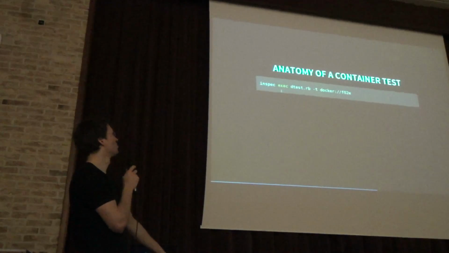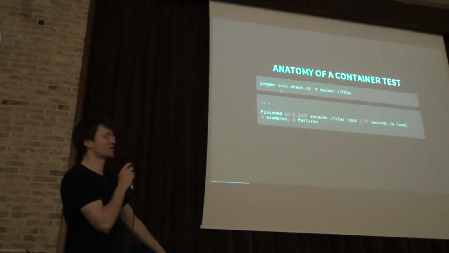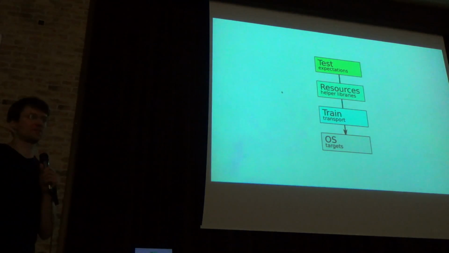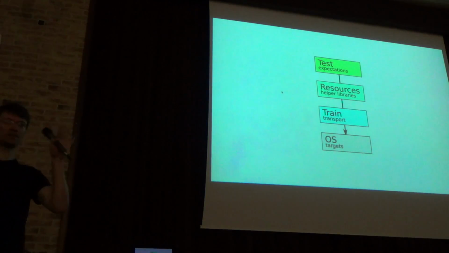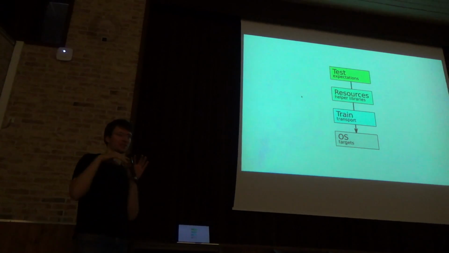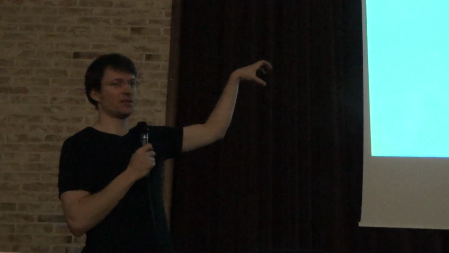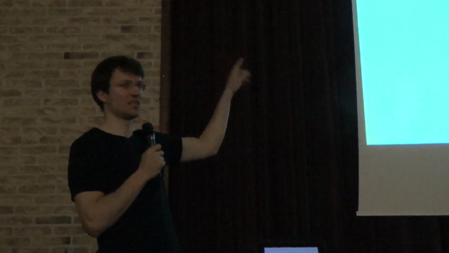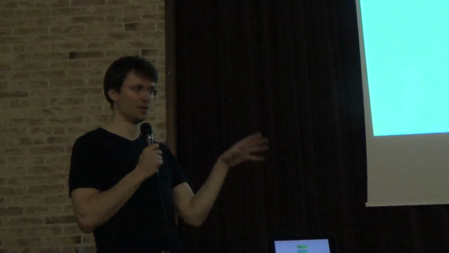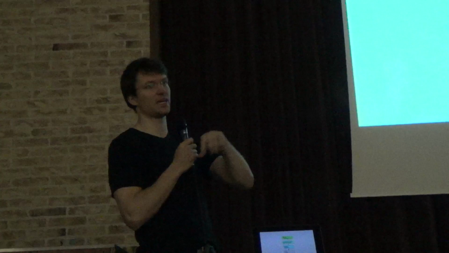This is how I'd execute that. Once I've written that, I point it to my Docker target. That thing runs. Those are, for instance, 4 examples. It comes back with failures or not, and you're done. The reason it works like this is because of how the whole thing is structured. The tests are the things you write on the top layer. The resources are the abstractions we use below that, and I'm going to show you how to create your own resources and extend the language. Then we have something called Train, which is our transport. It stands for transport interface. It allows us to talk to any type of target, whether it's remote or local, over a unified interface. It's very much reusable, and we're currently working on getting that back into Test Kitchen.